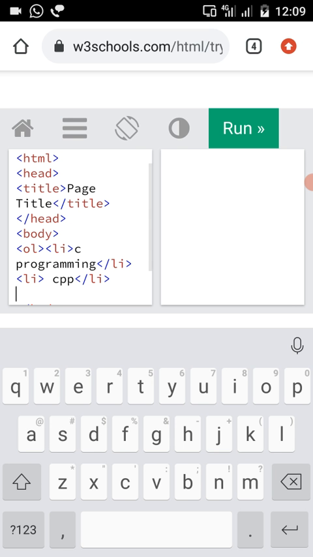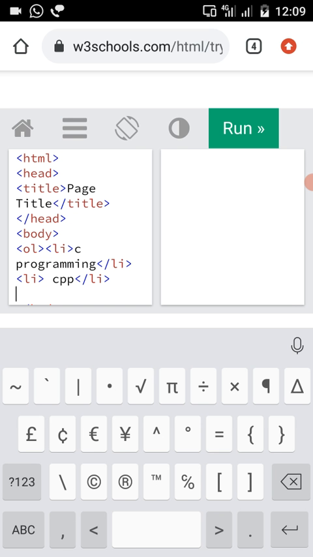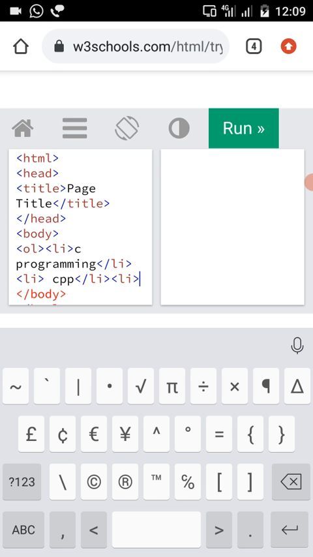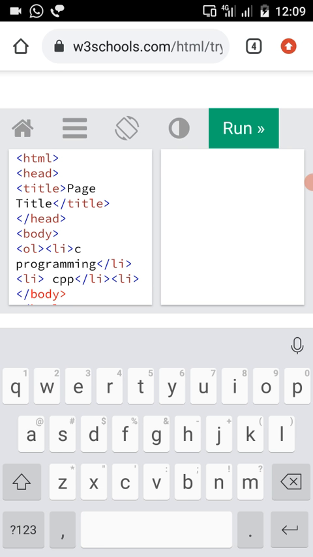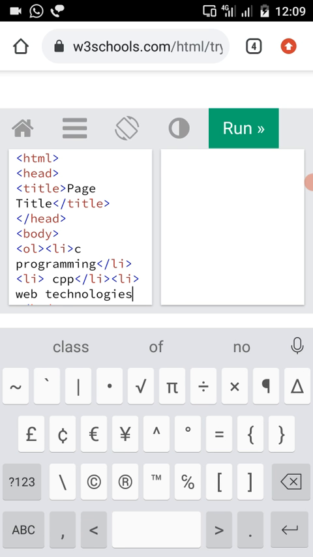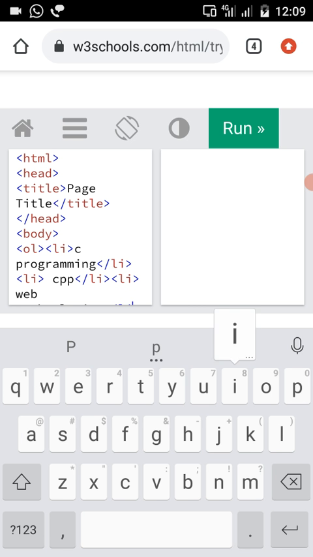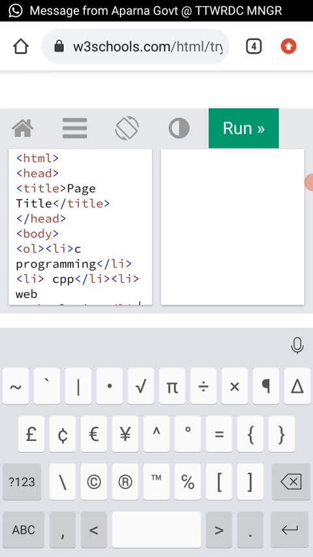After that I am using the li tag for including another list item here, and that is web technologies. The list items which I am going to represent are finished now.